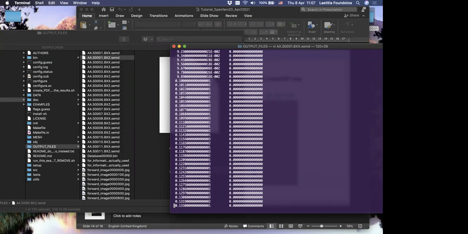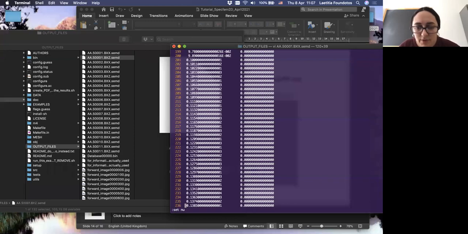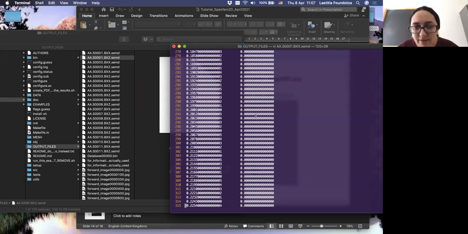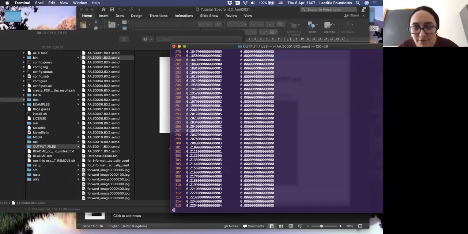Let me scroll down, still 0, sorry. Okay, I have got it now. You will see it when we represent the seismogram.